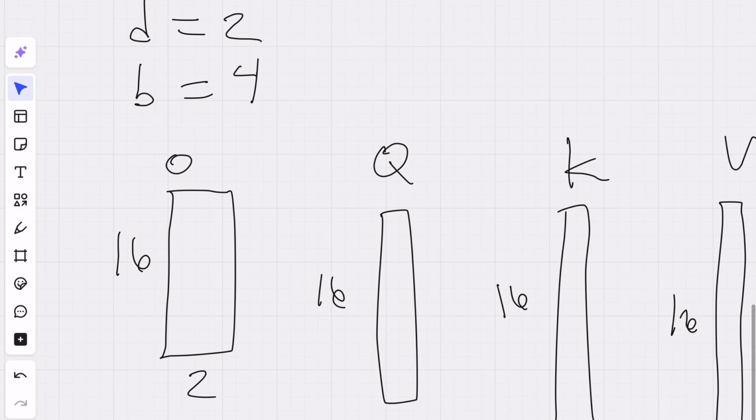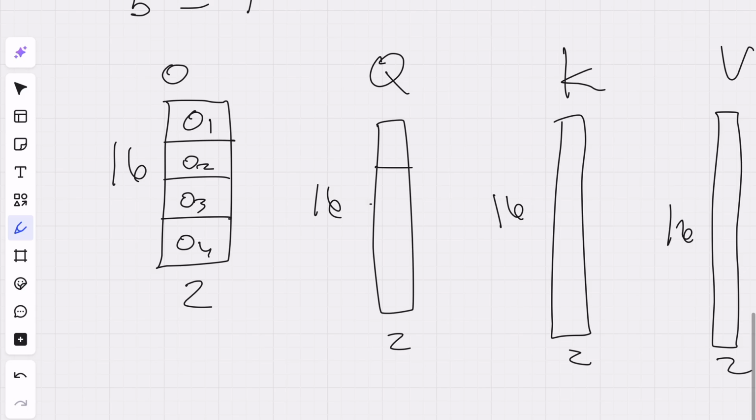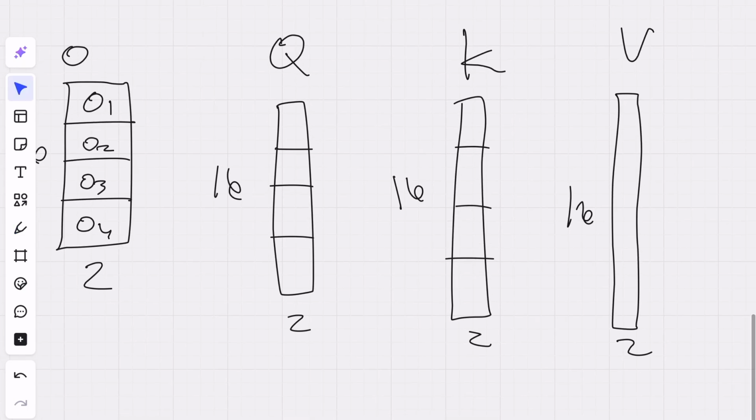So 16 over 4 is 4, so that means we're going to split this up into 4 pieces. Let's call these output 1, output 2, output 3, output 4. Let's split the others the same way: Q1, Q2, Q3, Q4, K1, K2, K3, K4,